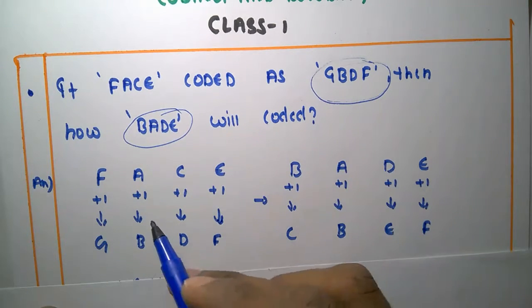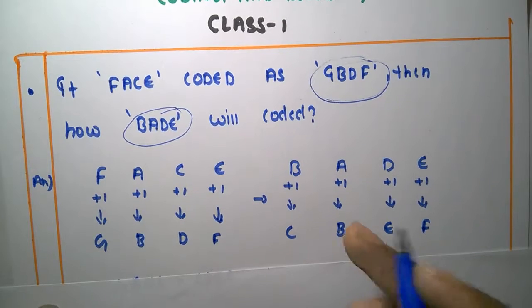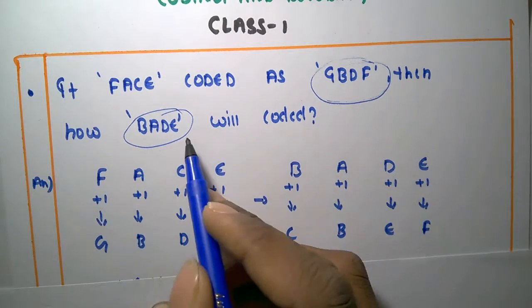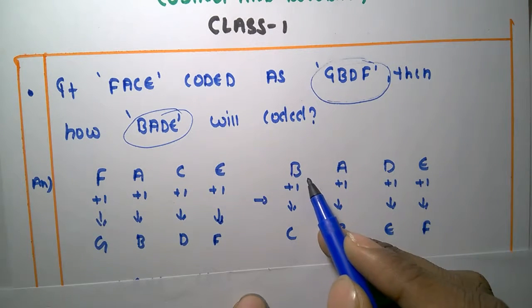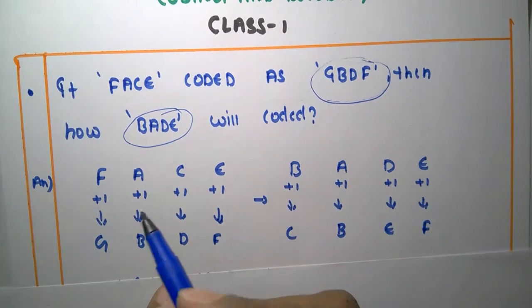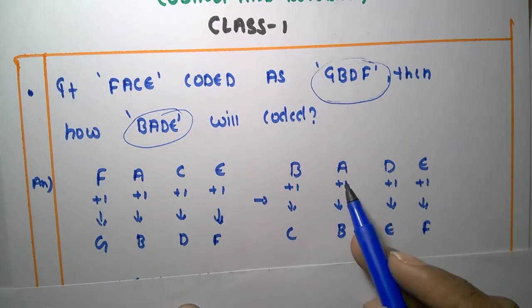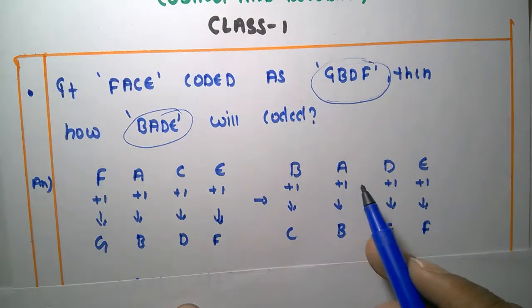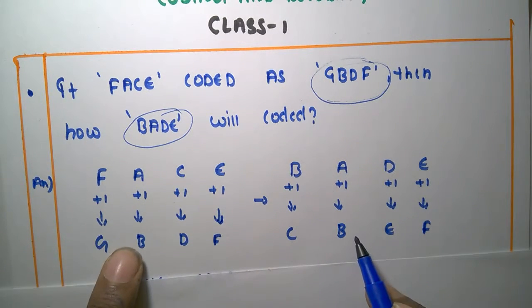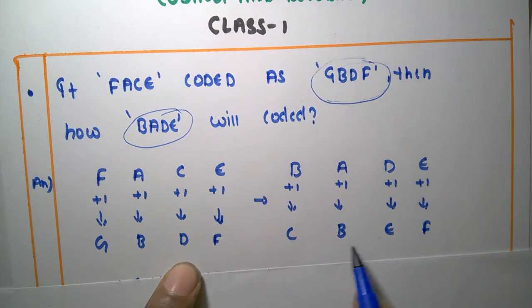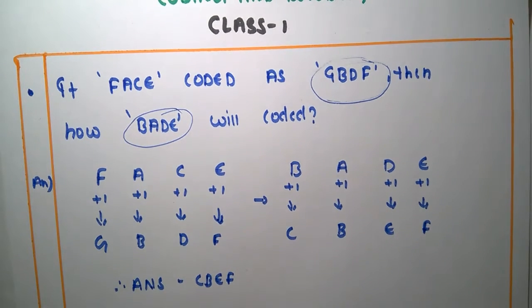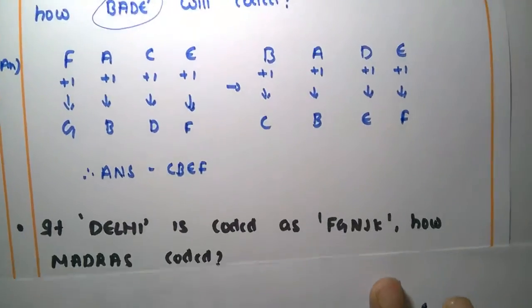In the same way, we should check this also. So how will BAD be coded? For B, we add +1, that means C, and we add +1 to A, then it's B, and +1 to D, that means E. So this is CBE. The code is CBE. It will be coded as CBE. So the answer is CBE, guys. And next,